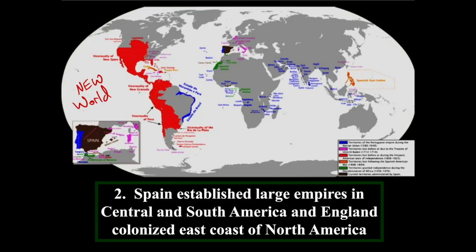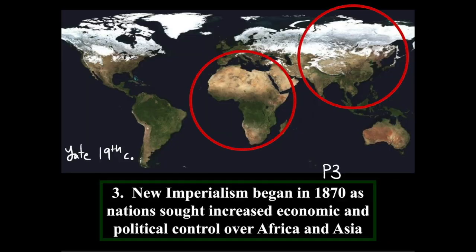Now, new imperialism, in contrast, is going to happen in period 3, beginning around 1870. So as the Industrial Revolution led to an increase in wealth due to the new technologies that were developed, we're going to see that with new imperialism, there's going to be a need for new markets as well as natural resources. Now, the revolutions that had been spurred by the Enlightenment in the New World had made the former colonies in the New World independent countries.